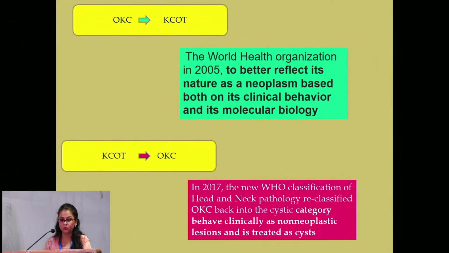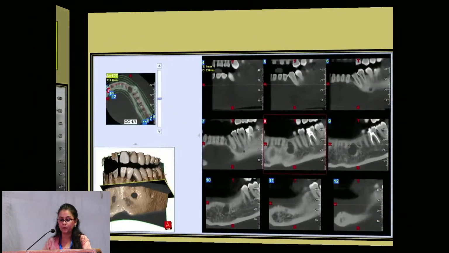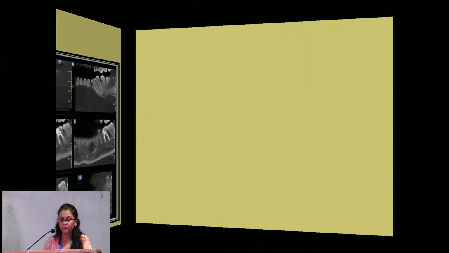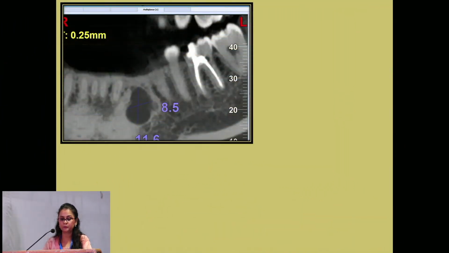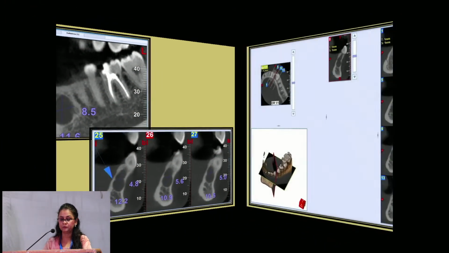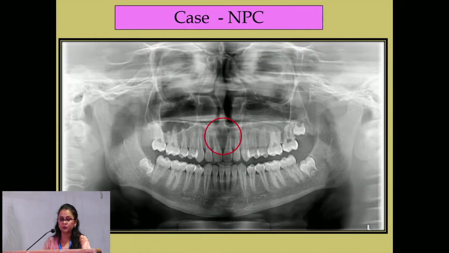This is more theoretical. A lateral periodontal cyst that was present. And on CBCT, I could see that there is a well-defined radiolucency where the measurements can be done in all these sections. This is how a 2D image where you can see and can observe that there is a diversion of the roots